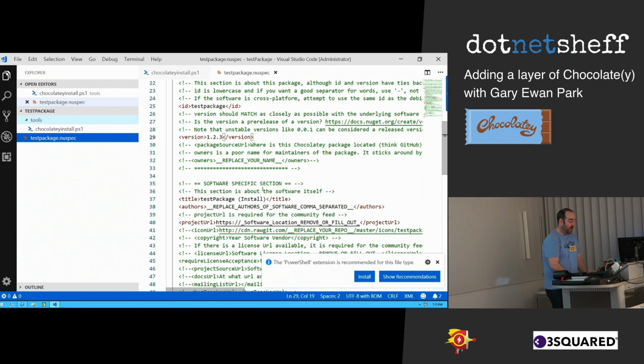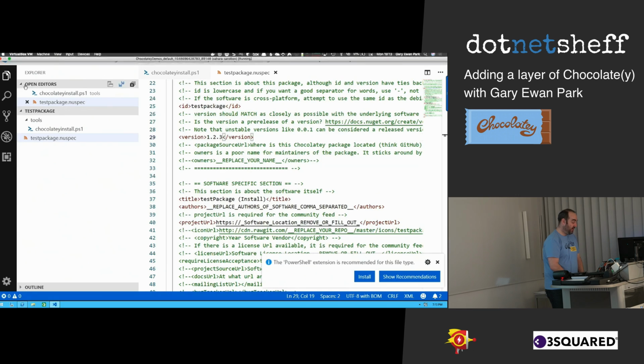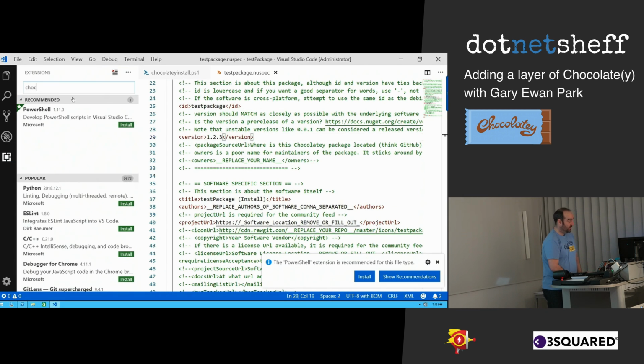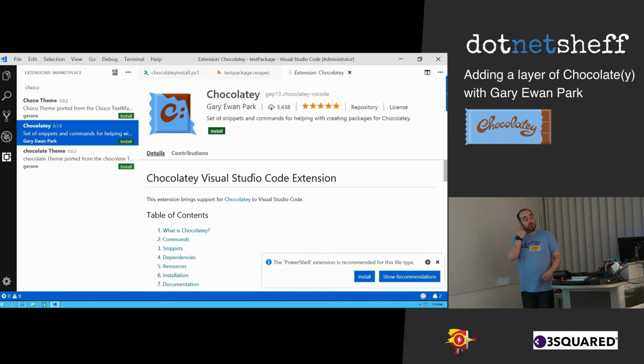The way that we could do that is we could go back to our PowerShell window and run the command choco pack, and that would take that new spec file and generate a nupkg which would then be installed. Okay, I'm not going to do that, because what I want to illustrate is that there's a slightly easier way. If we walk up to the extension marketplace, we'll see that there's a Chocolatey extension for Visual Studio Code. So if we go ahead and get that installed,